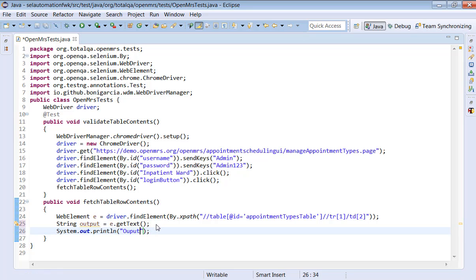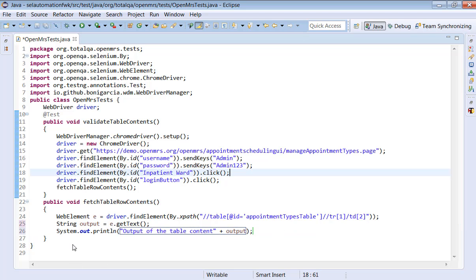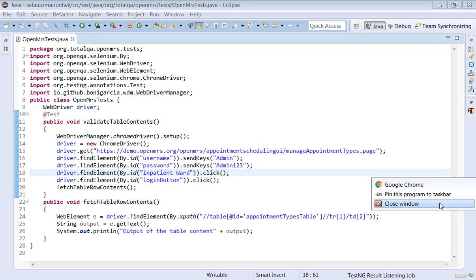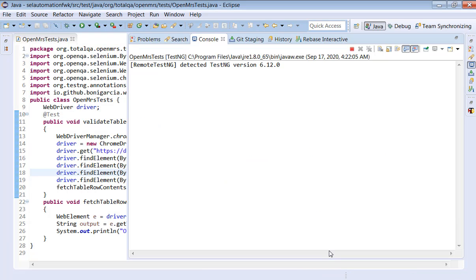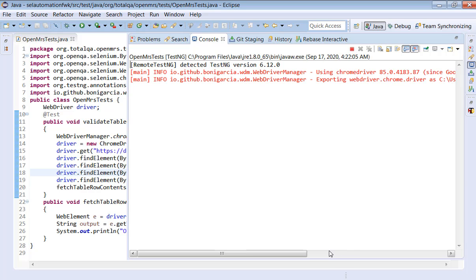Output of the table content is, let's put output. Okay, let me execute the code now. Again, it will take some time to launch the browser.